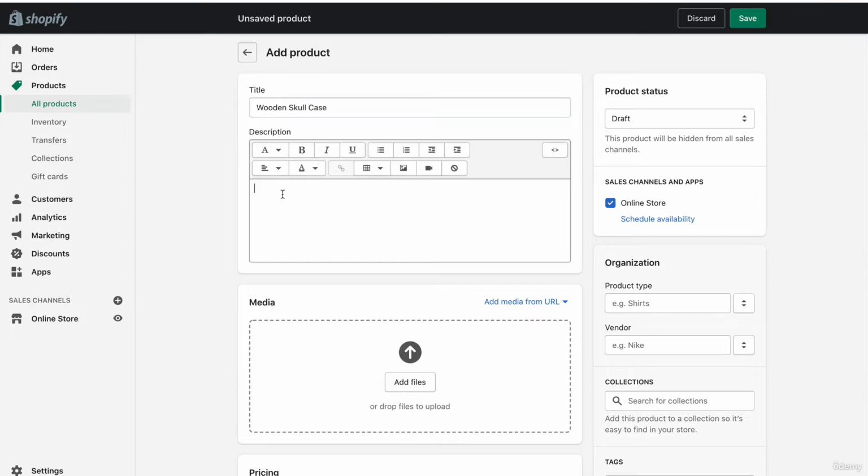Okay. And then you can describe it. Generally in the description, this is probably important to know, I like to describe the product. So this is a wooden iPhone case, something about it being secure, safe, and so on. Then I'll talk about sourcing, where the product is sourced. I'll say it's sourced from Asia, or I'll say it's sourced from Europe,